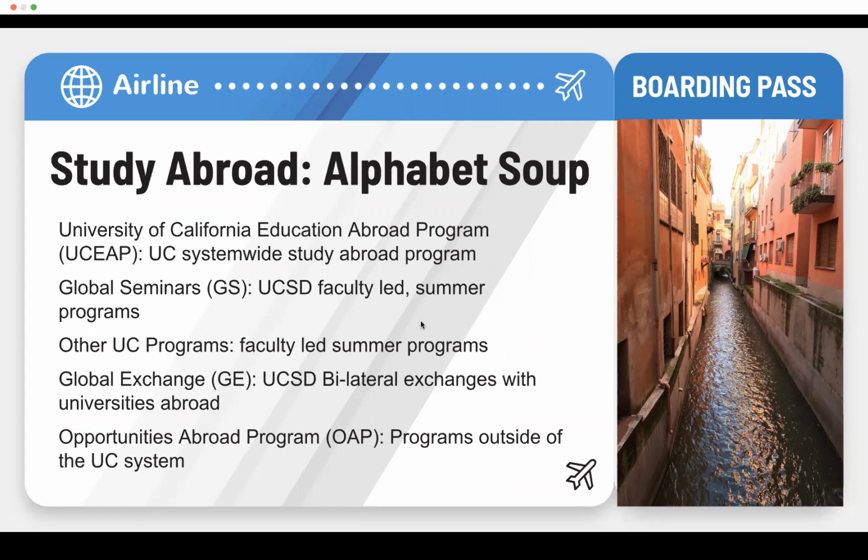We're hoping to put in place a system where students on these bilateral exchange agreements can get UCSD credit. It's still a work in progress. And then the last program type is the Opportunities Abroad program. We call this OAP for short. And these are programs that are offered outside of UCSD or the UC system. So a student may go through a private study abroad provider, or maybe they do direct enrollment at an institution